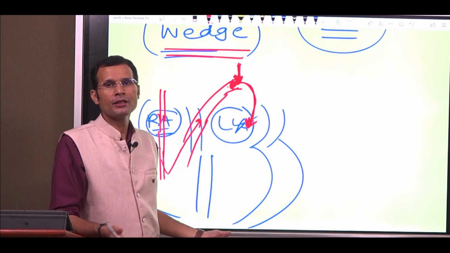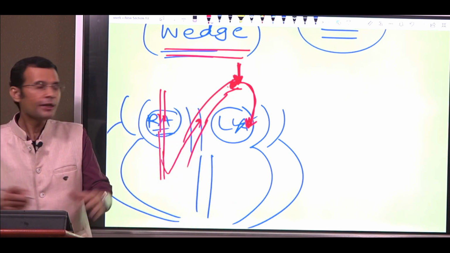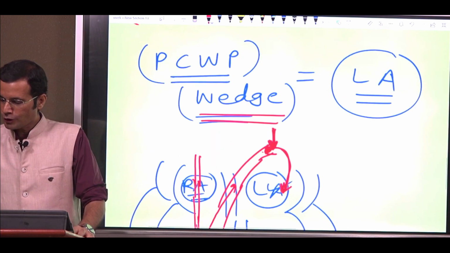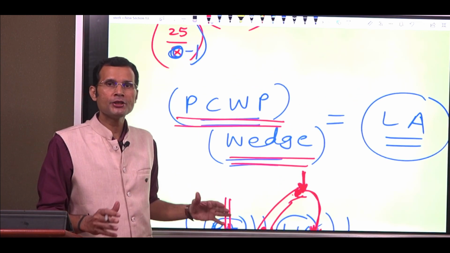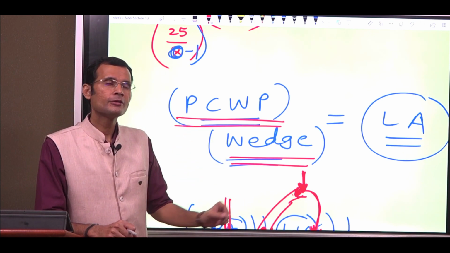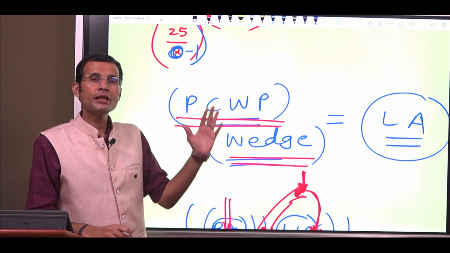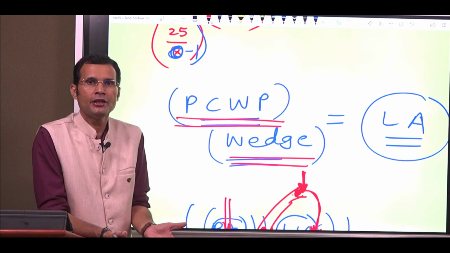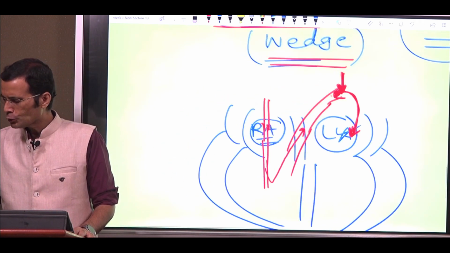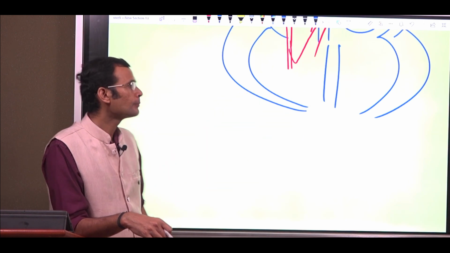Because the flow has been stopped, there would not be any pressure drop, no pressure change, and therefore the pressure at this point will reflect the left atrial pressure. That is the concept of pulmonary capillary wedge pressure. But the point I am trying to make is that pulmonary capillary pressure naturally exists in the lungs, in the pulmonary capillaries. Pulmonary capillary wedge pressure, we have artificially created just to measure the left atrial pressure. So it's in the range of 6 to 8 mm of Hg. We will discuss it in the second video.